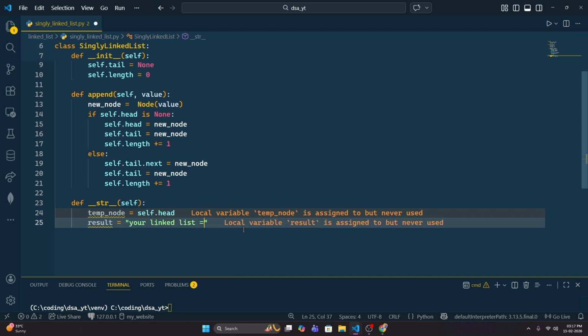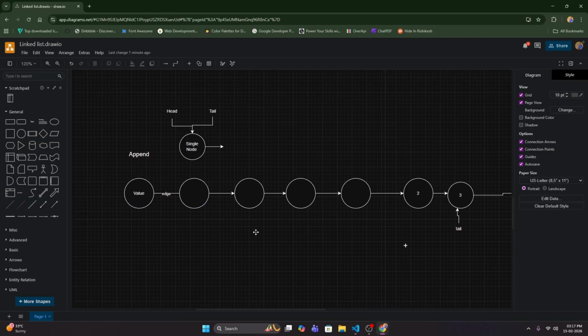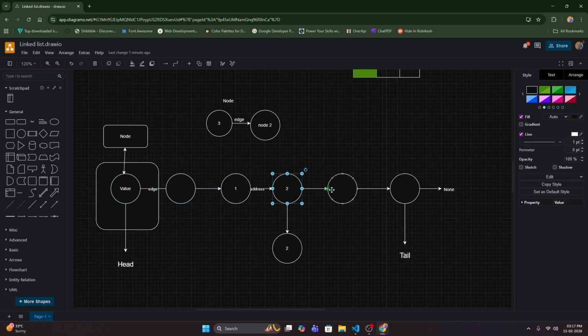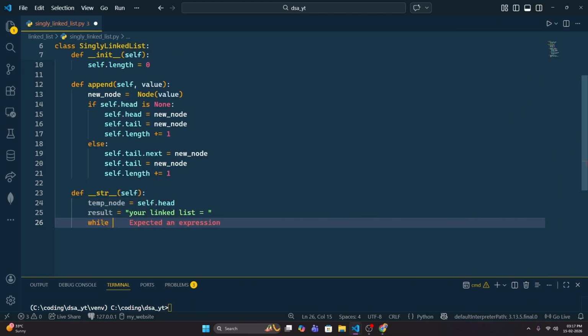Your linked list is equal to. Now we will be creating a loop where we will be iterating over each and every node. We'll be starting from the head node over here, then moving on to the second node, then the third node, until we reach the end of the linked list. So while temp node dot next is not none,